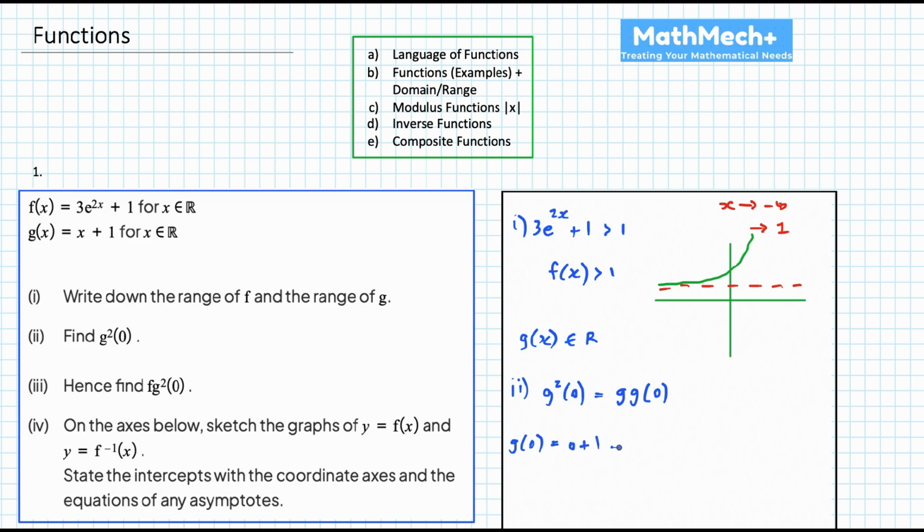Part 2, we've just rewritten that there, so g squared is g times g, and just plug in your numbers. So it's a little bit of substitution there. Same with the next one as well. So 1 plus 1 is 2. Next up,